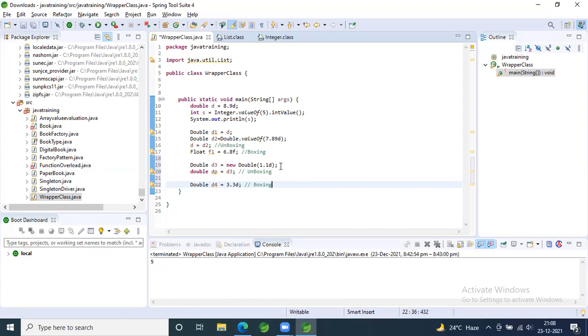Fine. So if you don't have any questions, we can wrap this. So basically the wrapper classes, you got an idea, right? If you have any questions over here, you can ask me now. Basically this wrapper class is mainly for primitive to object conversions only, right? When you start using generics or collections, you will most probably be using only these wrapper classes and not primitive types, because all your collections will accept only objects or classes and not your primitive types.